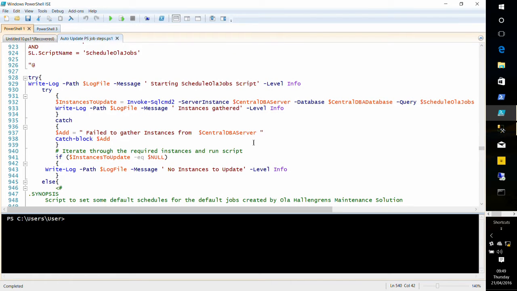The other way that I install scripts for SQL is to use PowerShell scripts. So Ola doesn't create you a schedule for your maintenance solution, because he doesn't know what your client's RPO and RTO is. He doesn't know how much your gold service differs from your bronze service. He leaves it all to you to configure. And if you've got hundreds of servers, you don't want to have to go and click onto each one. So